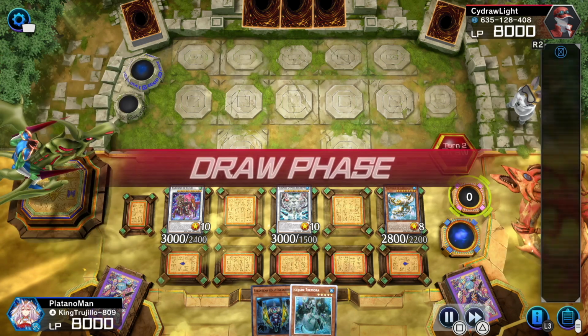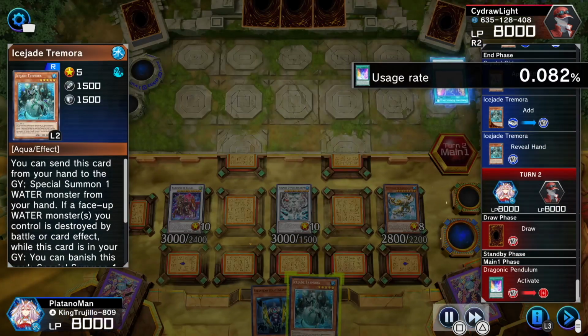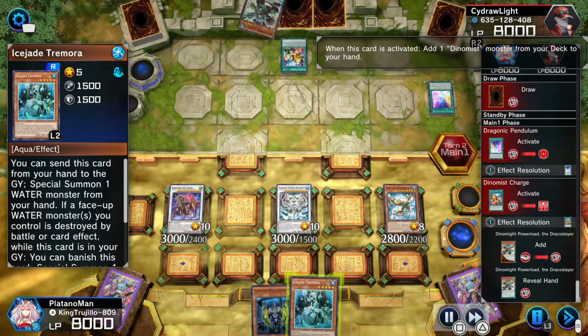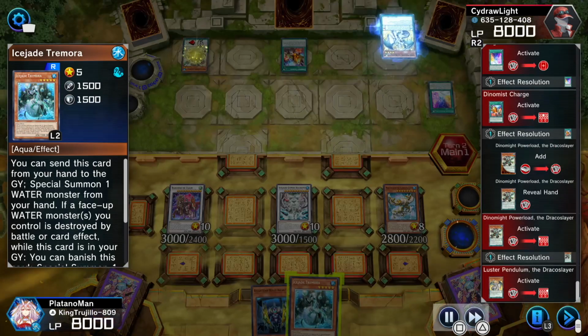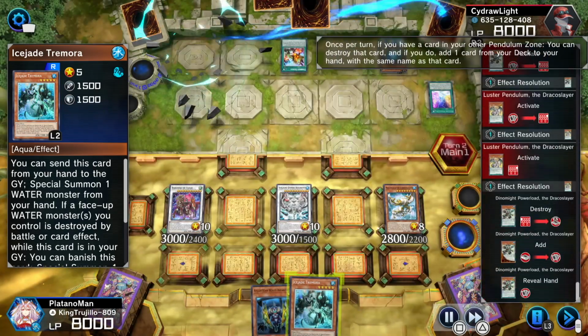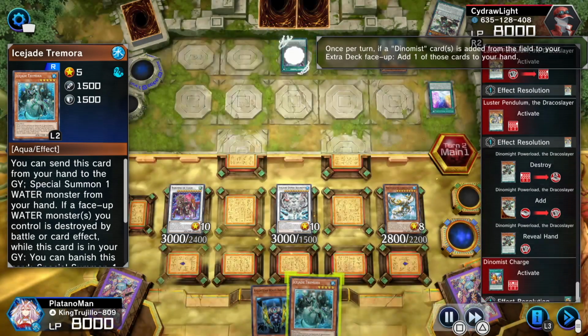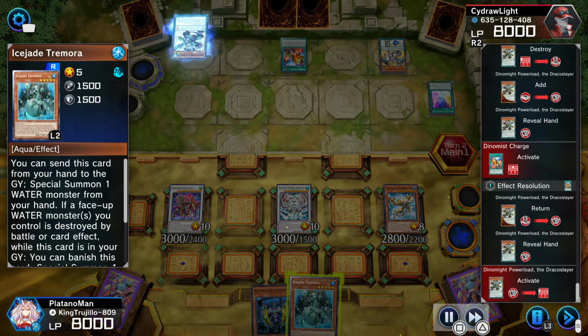Alright, and then with the Crystal Girl, I'm gonna add the Tremora. Okay, he's gonna activate his field spell. He's gonna activate the Dynamist Charge, getting himself a Dracoslayer card. Then he's gonna go into his Pendulum stuff, pop in the card. Alright, then he's gonna